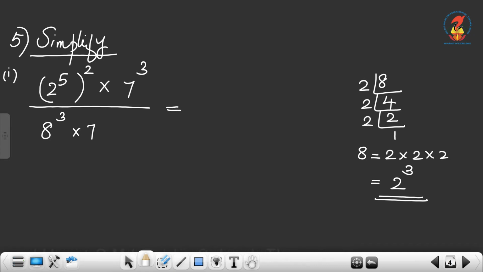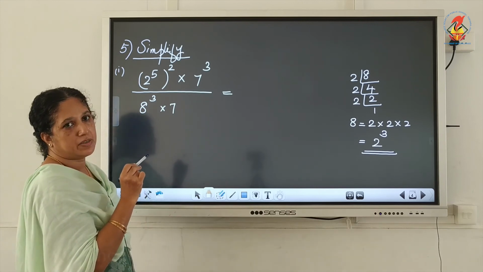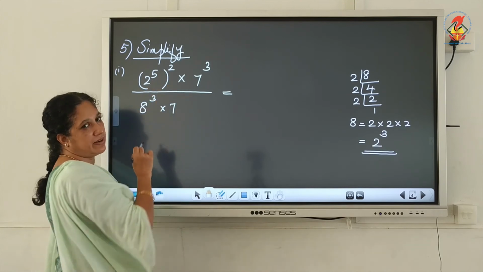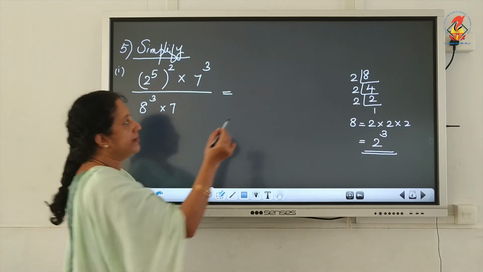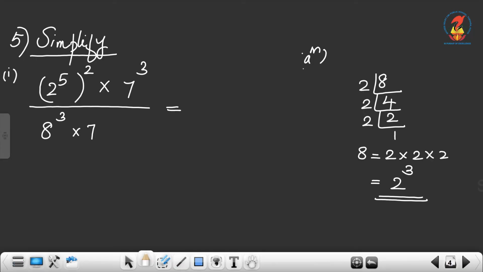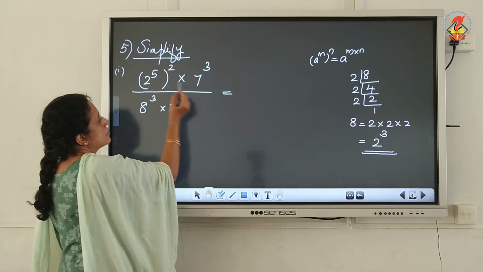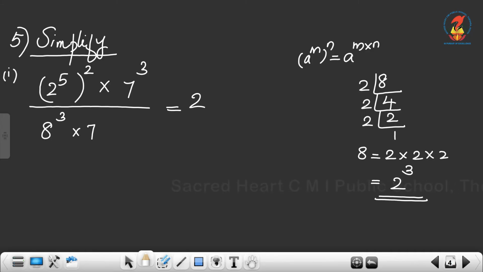Therefore, equal to 2 raised to 5 whole raised to 2. Do you remember the laws of exponents? Taking power of a power. So, which law can we apply there? (a raised to m) whole raised to n is equal to a raised to m into n. So, you have to multiply the exponents. So, we will get 2 raised to 5 into 2, 5 into 2 is 10. 2 raised to 10 into 7 cube divided by